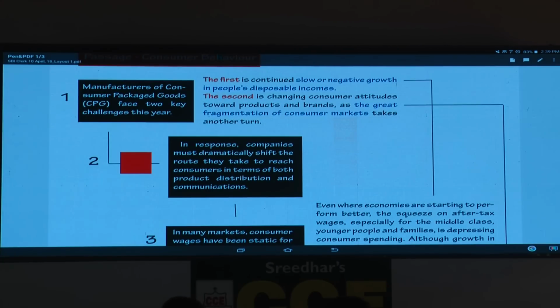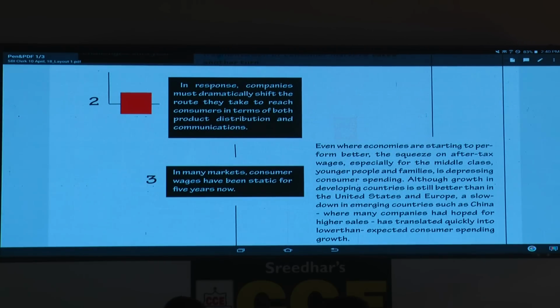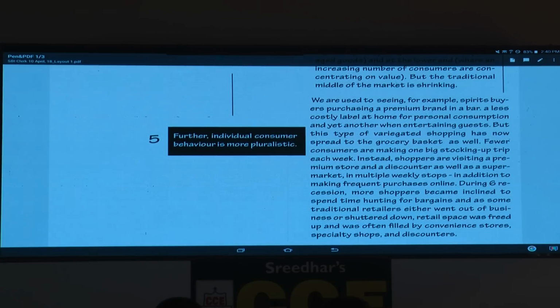Do spend some time. Try to get an idea how the information is presented, how the writer supports one idea with sentences, then one more idea, which he did not support. Then from the first idea, he has taken the 2 points. For the first point, he has used a few sentences. For the second point, he has used a few sentences. Then he presented a new idea, the fifth one, and he supported that one with a lot of sentences. And the last two paragraphs are about what he mentioned in the second point, the red block. So it goes that way.